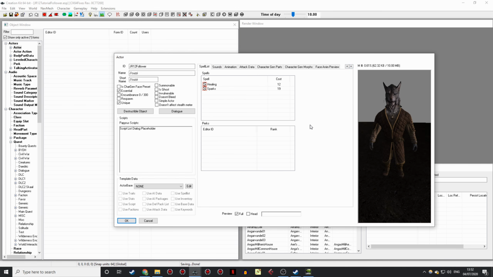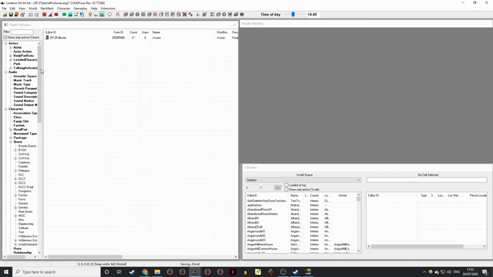You're absolutely fine. So we're done with this actor dialogue, so we can close it all down. Just hit OK. Don't click cancel or you'll lose everything. Just hit OK. And remember then to save your mod. It's absolutely vital that you save your plugin after you've done pretty much anything, because the creation kit can crash at any time, particularly if you're using the classic creation kit. The 64-bit creation kit is quite a lot more stable, but it does still crash, so remember to keep saving.